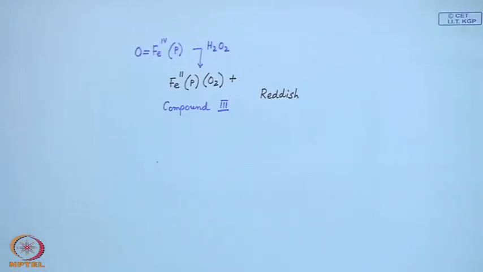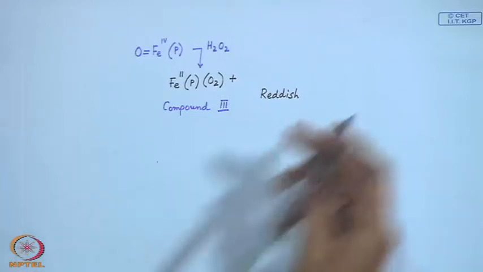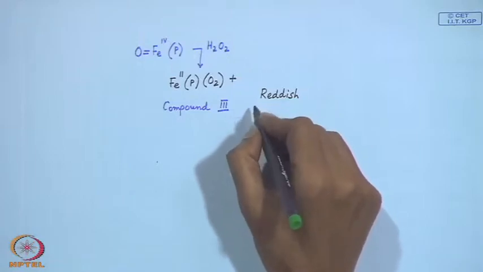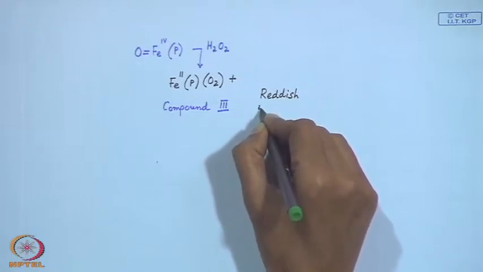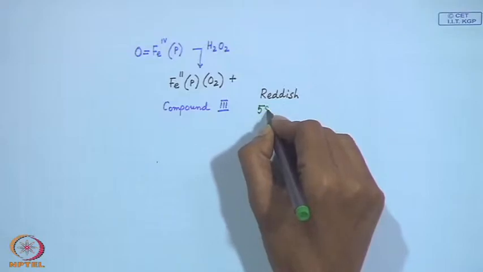It is not completely red like your compound 2, but reddish in color with a slight shift in the lambda max values from 568 to 585 nanometer,